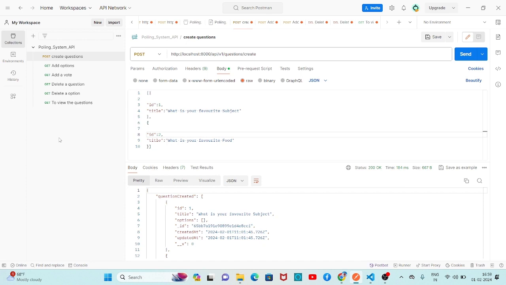So this project is based on the polling system API. We are using Postman for API execution. The first task we have to execute is create questions. In create questions,